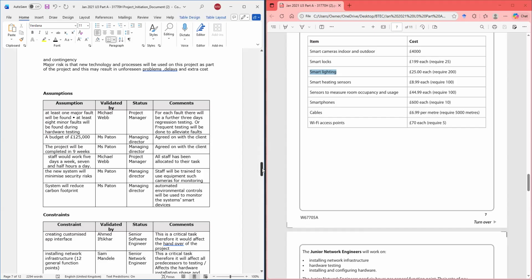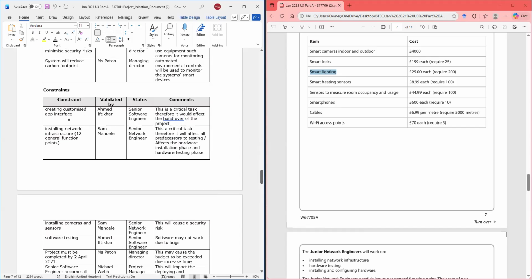With the constraints, whatever you're putting in a constraint, what will it impact? And how will it impact it? So create a customized app. I go to the Gantt chart and look at creating customized app, and I see that it's a part of a critical task.